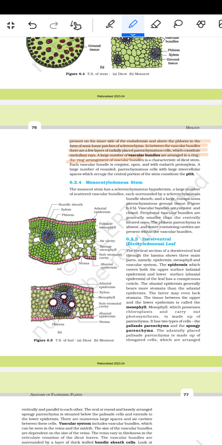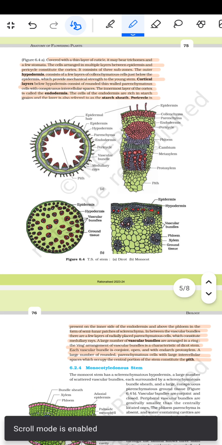The ring arrangement of vascular bundles is a characteristic of the dicot stem. Each vascular bundle is conjoint, open, and with endarch protoxylem. A large number of rounded parenchyma cells with large intercellular spaces occupy the central portion of the stem and constitute the pith. So here is given the transverse section of